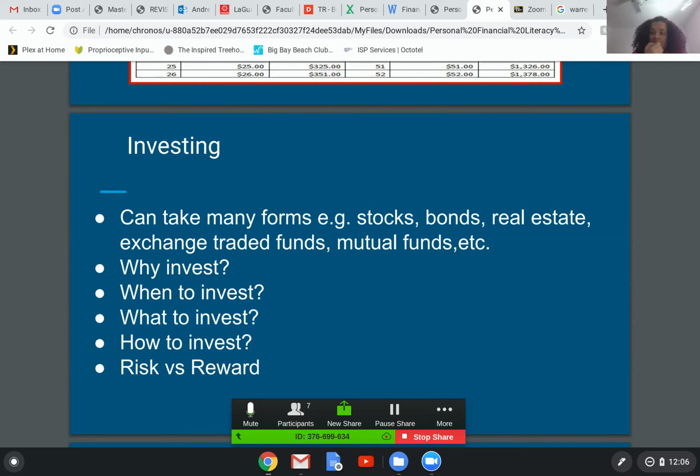So why invest? Because first of all, if you think about just leaving money in a savings account right now, the savings accounts are basically returning almost 0% on large sums of money that people might have in the account. So it's not really helping your money to grow. In fact, if inflation is 3% or 10% or whatever, you're actually losing money by leaving excess funds in a savings account.